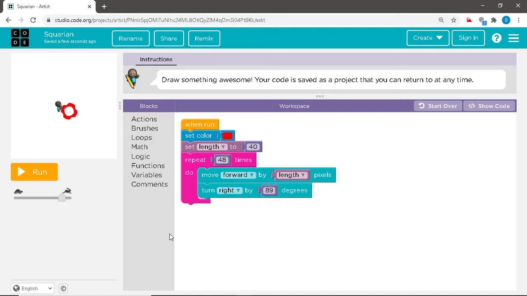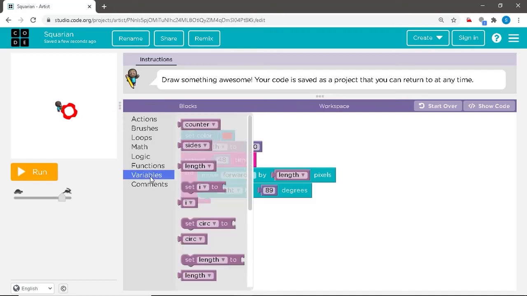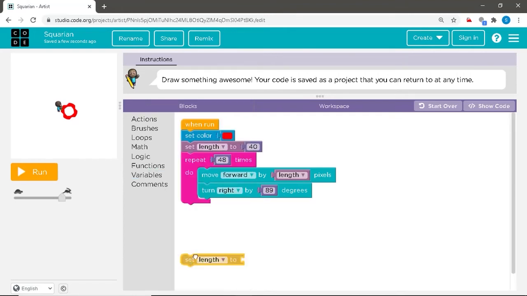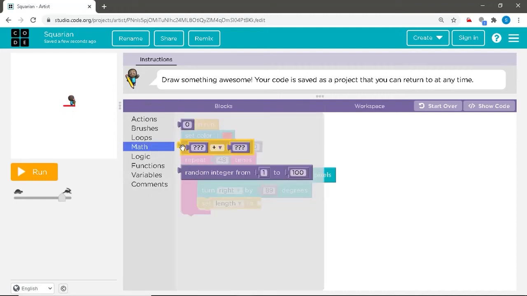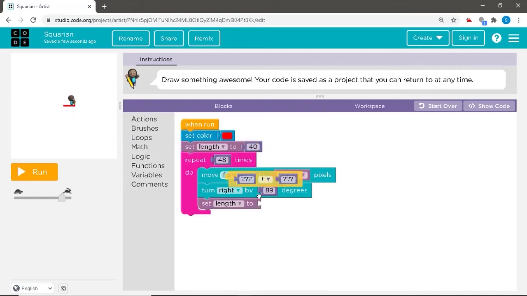For this, we shall have to go to the variable section, drag the set length to command, place it in the repeat loop under the turn right command. Now go to the math category, drag the value command, place it here.